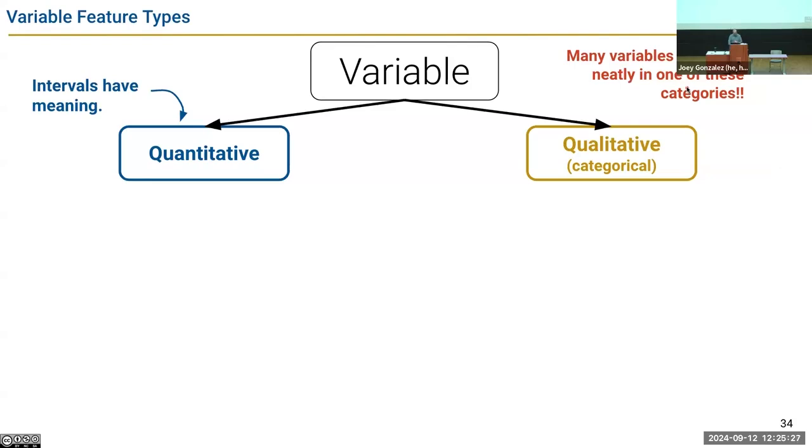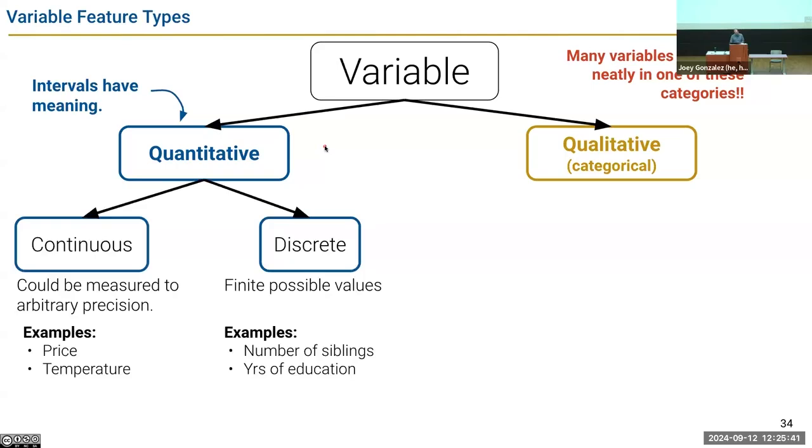All right, so let's get the basics out. A variable can be one of two basic types. It can be qualitative, often called categorical, or it can be quantitative, numbers. Let's talk about quantitative. A variable will be quantitative continuous, like a temperature or price, or it could be quantitative discrete, like the number of siblings. The distinction between discrete and continuous isn't that important. So for this class, we'll try to treat these as quantitative.